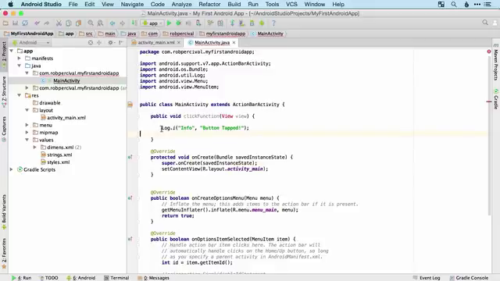So again, there's a lot of new stuff there, but hopefully that all makes sense. We want Log because we want to put something in the logs, .i because it's going to be some information, and then the title is just "info". You could put whatever you like there between the double quotes, and then the real content of the log is "button tapped", and again that's between quotes, and then you just close brackets and a semicolon to end the command. Right, you'll be pleased to know that's all the code that we're going to type,